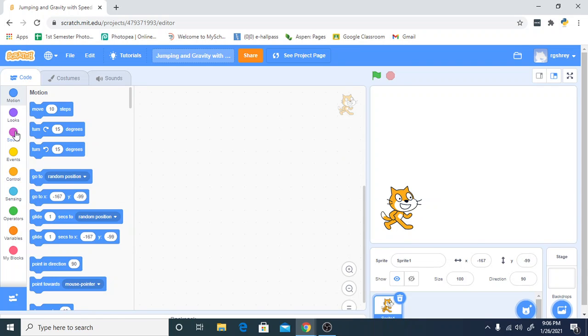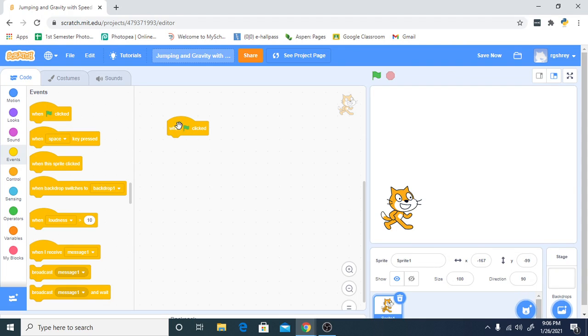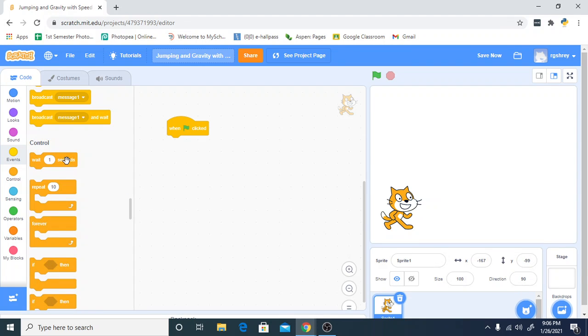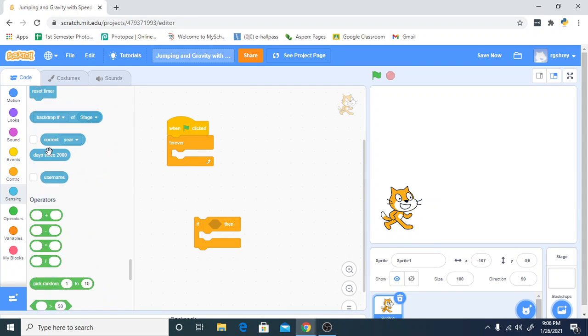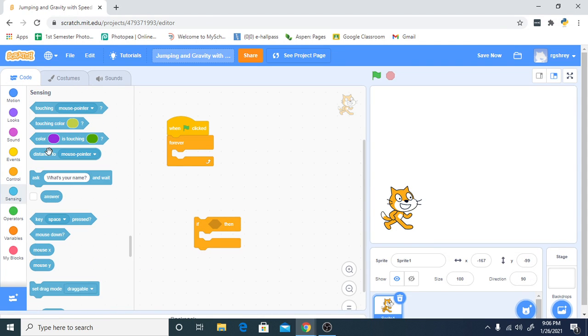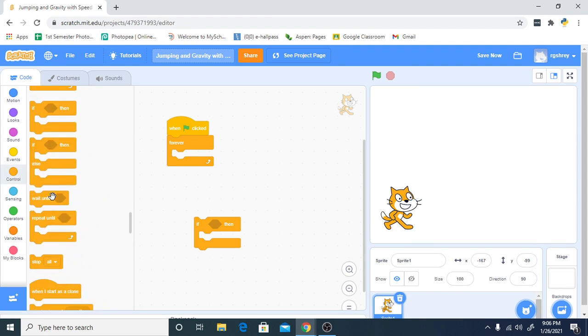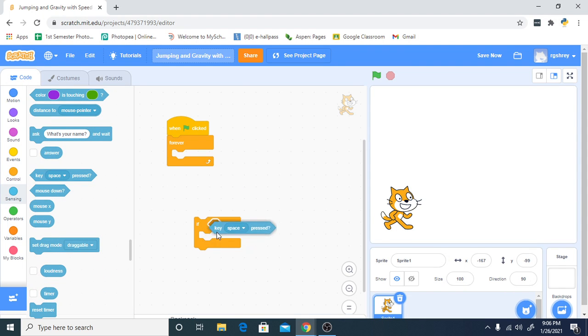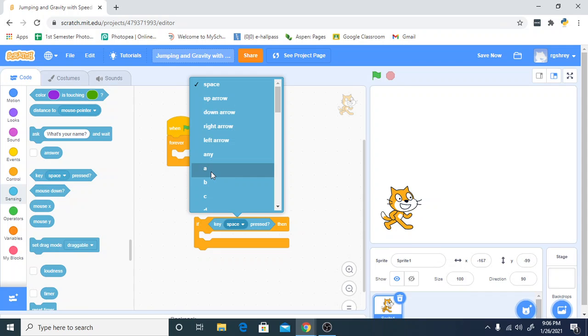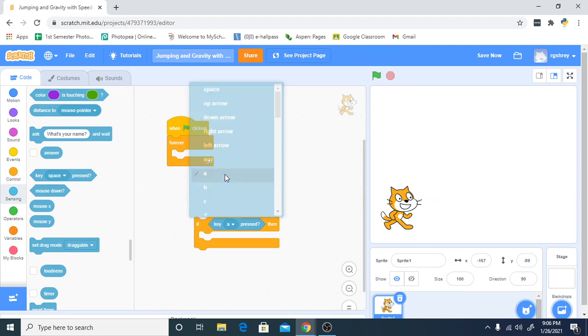So first I'm just going to set up basic motion. This is all stuff you would have seen before, right? My sprite is going to have forever if, and if keys are pressed, it's going to move. So I'm just going to use W, A, S, and D as my up, down, left, right. So I've got A for left,